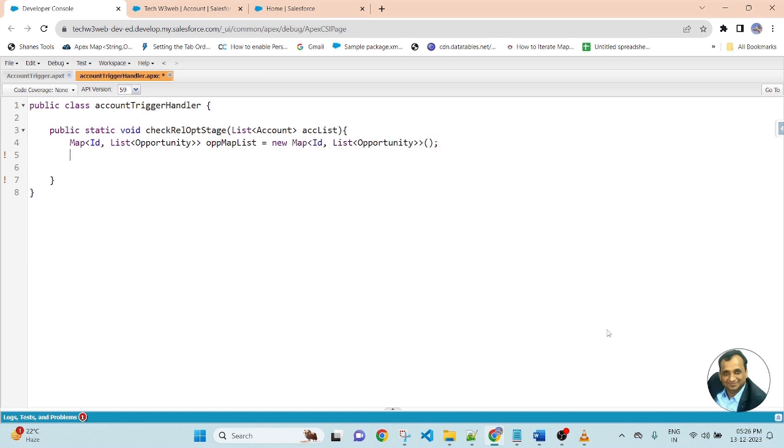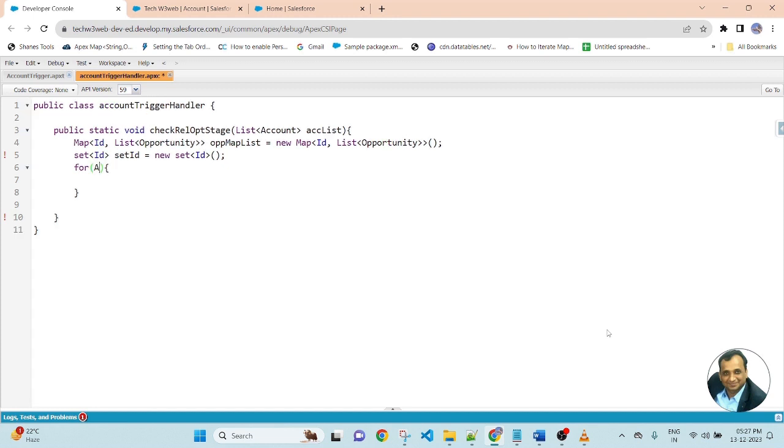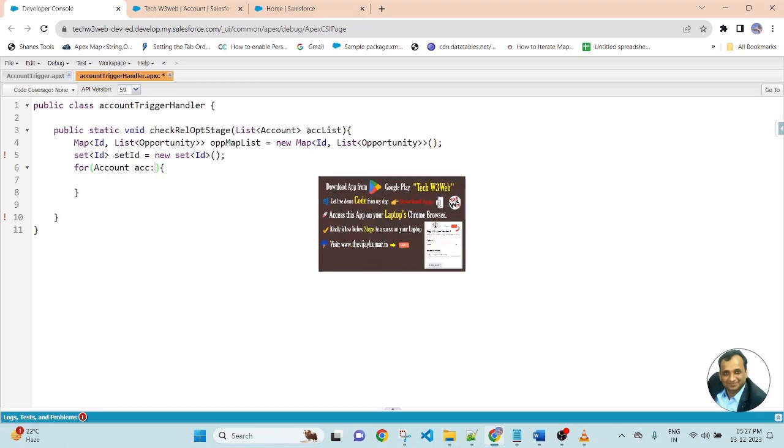Then we will create a Set of Id, new Set of Id instance. Apply a for loop: Account acc, colon, passing accList.